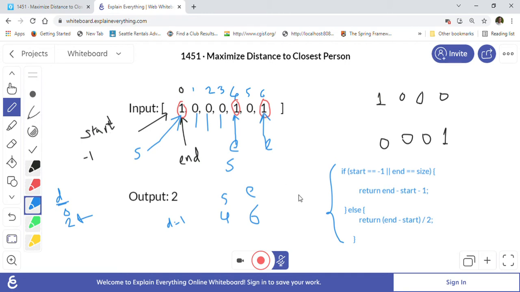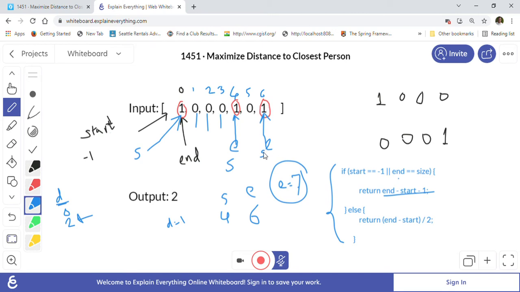So at the end, what we want to check is end with size, right? So end will become, after the end, the size of this array, which is equal to 7, right? Array size is 7, and then we will again use this thing, end minus start minus 1. So start is now at 6, right? Because start also moved to the 6 after the 1 was found.